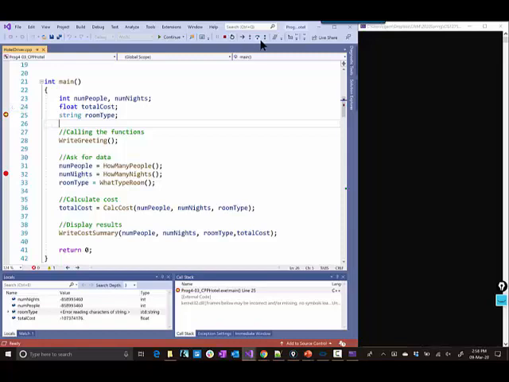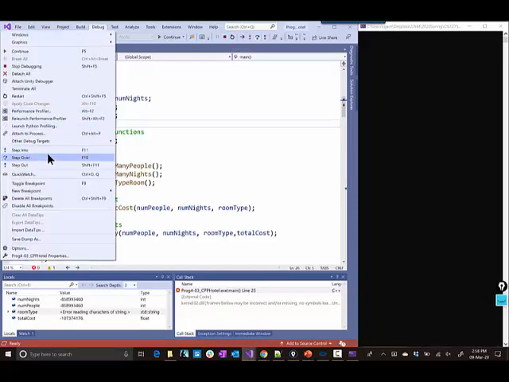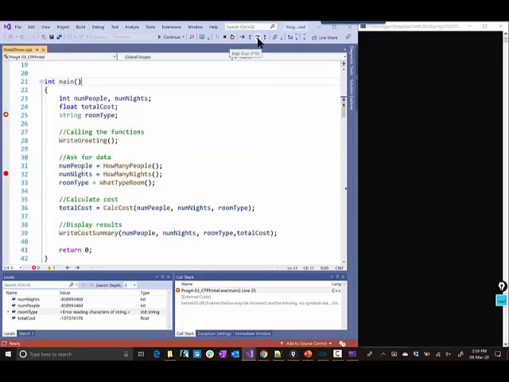So now you can see we have some icons up here. Step over is the one that you primarily use to go from step to step, and that's also got a shortcut key of F10. You can also get these in the menu. You can see step into, step over, step out, and you can also use the icons here, or better yet, remember the shortcut keys. So step over is F10, step into a function is F11, and step out of a function is Shift F11. So I'm going to step over, and you can see that it did the next step,